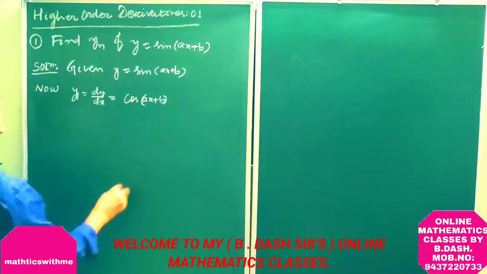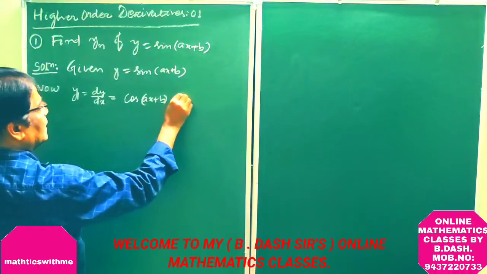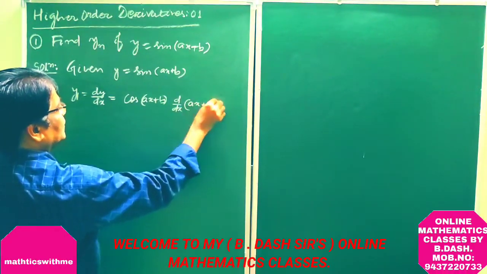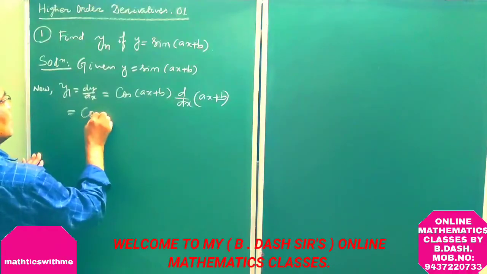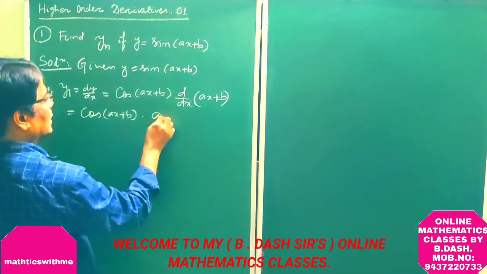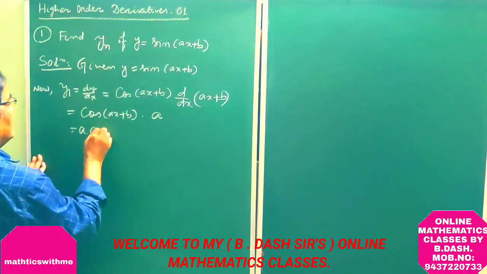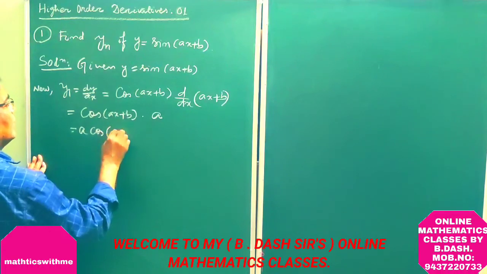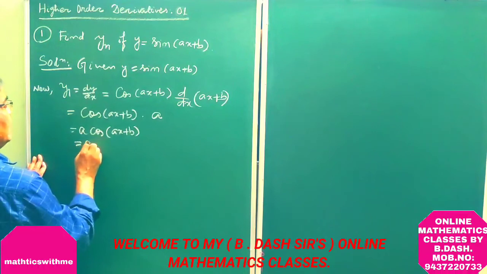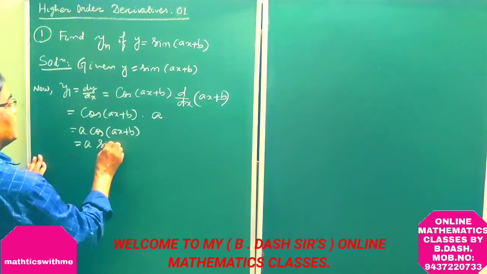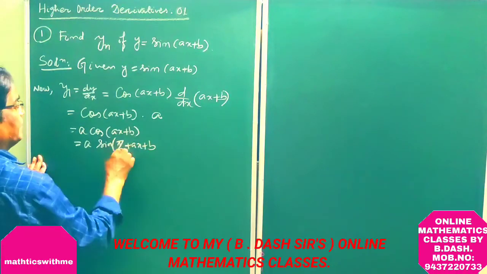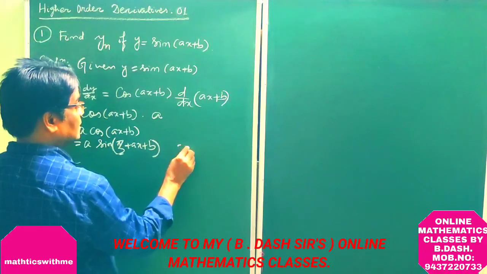This is the derivative of sine of ax plus b, then d by dx of ax plus b, which is equal to cos of ax plus b into a. This is a cos of ax plus b, which can be written as a sine of pi by 2 plus ax plus b,